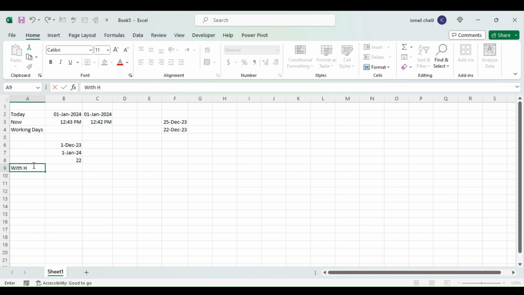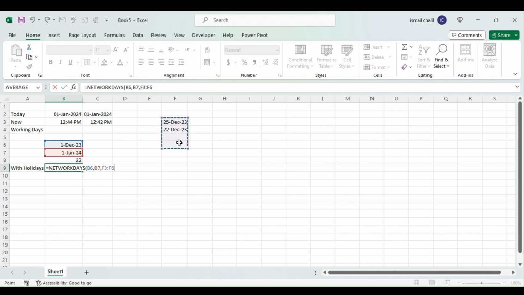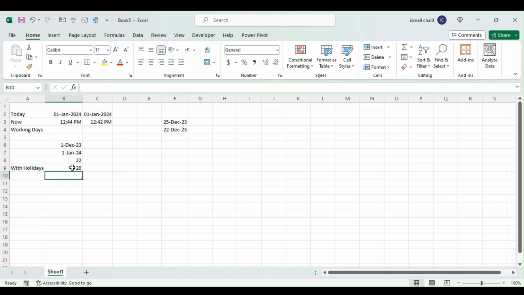I'll put this as with holidays. Then equal to network days, my start date, comma, my end date, comma. Now I will choose the list of holidays from here. I have these holidays here. I've selected these two because the moment I enter some dates here, you can see that it also updates. Okay? Close that, and you can see now